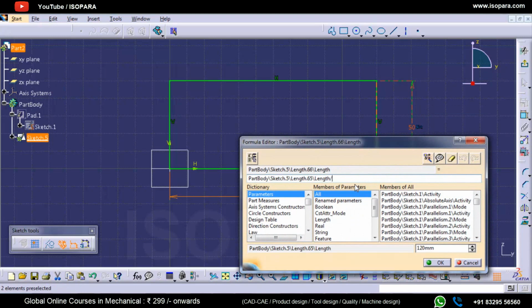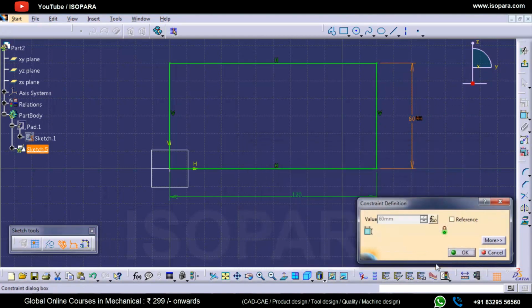And now if I put divide by 2, it will be divided by 2. If I press OK, you will see it is 60 here